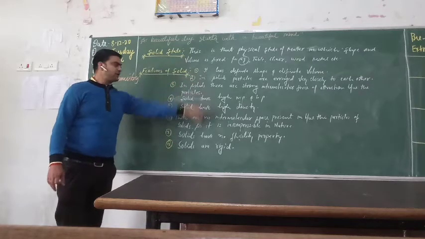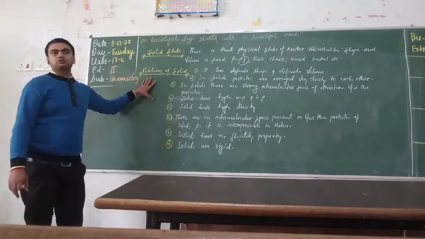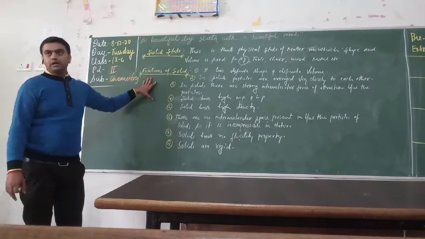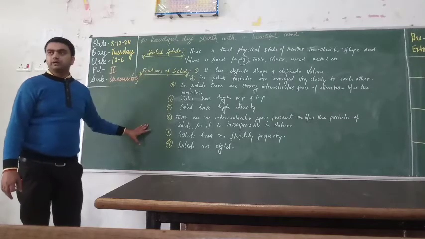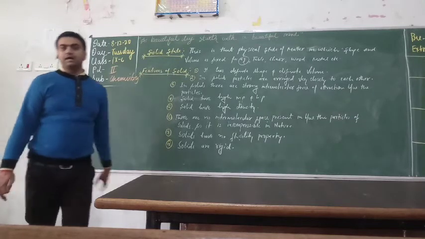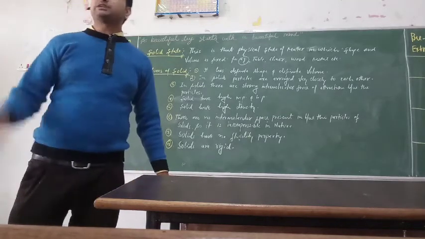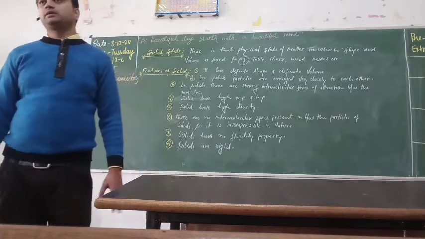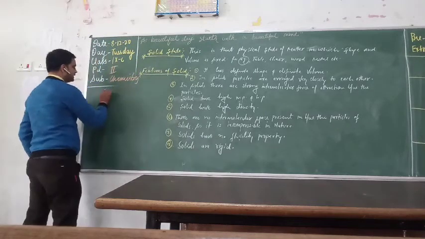Clear? So in this way we can explain all the points given for the features of a solid, or you can also say these are the general properties of a solid. Clear? There is a question always asked here: a sponge is a fine example of a solid. Clear? Sponge is a solid. The question is that sponge is a solid